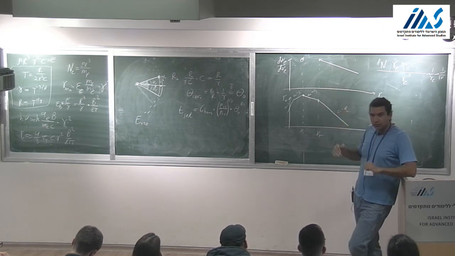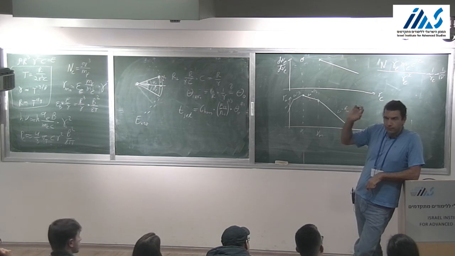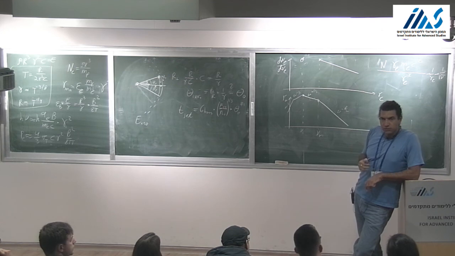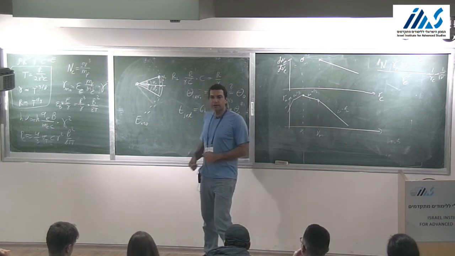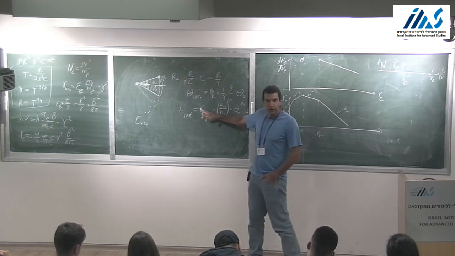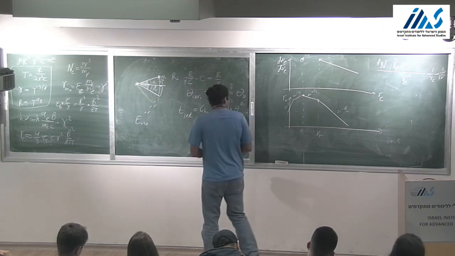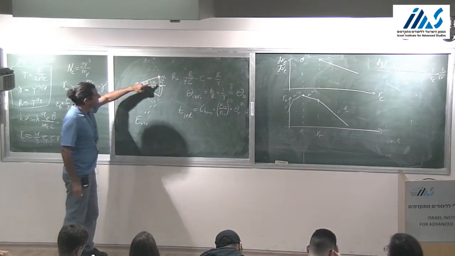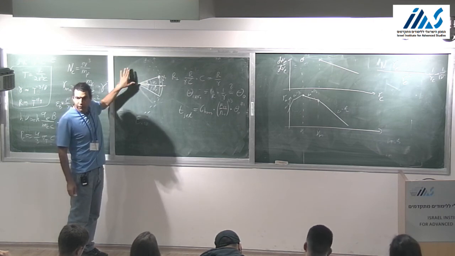If we assume that it's isotropic, we can multiply the fluence that we got here. Fluence means energy per unit area integrated over all time in our detector. Multiply that by 4 pi d squared, the distance to the source, and we get the energy. We call that E iso, because it's the energy assuming that the explosion was isotropic. But now I told you of a way to measure the opening angle of a jet from the time that we see this jet break. So if I now assume I have a jet that only occupies a finite region, then its true energy is smaller than this E iso